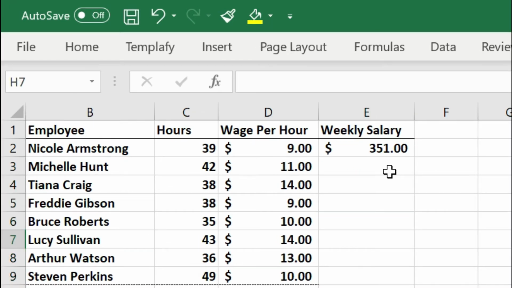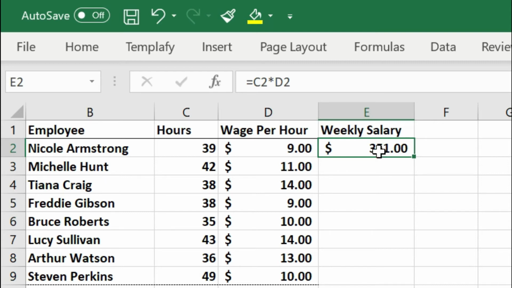Now let's discuss the most efficient method to calculate the salary for each employee. Just select this cell E2 where we have already calculated the salary for Nicole. We just have to paste this formula to the following cells.